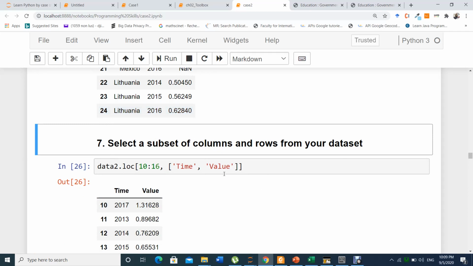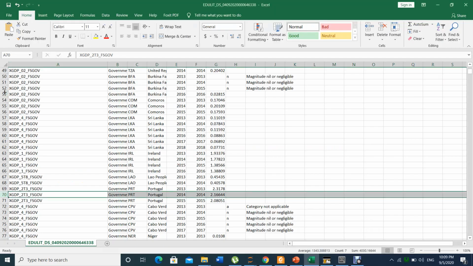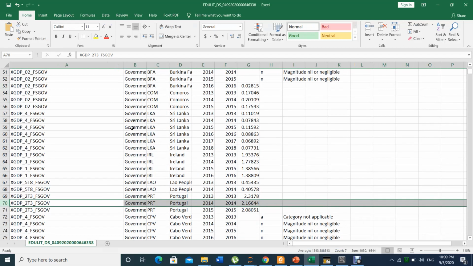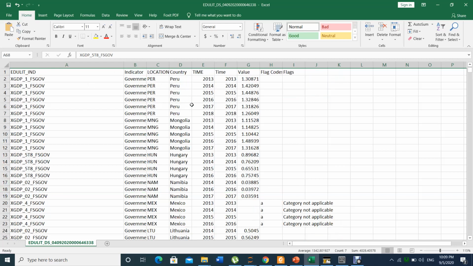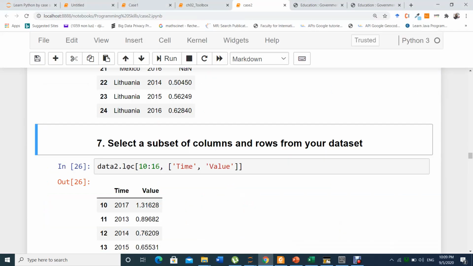We can also select specific rows and columns from our data. You can say, okay, you want to analyze by considering only time and value, or only country and time, something like that. So how to do it?